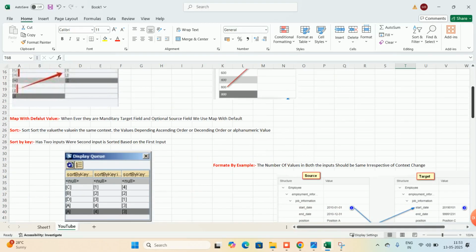Now I will tell about map with default value. Whenever there are mandatory target field and the optional source field, we use map with default value.